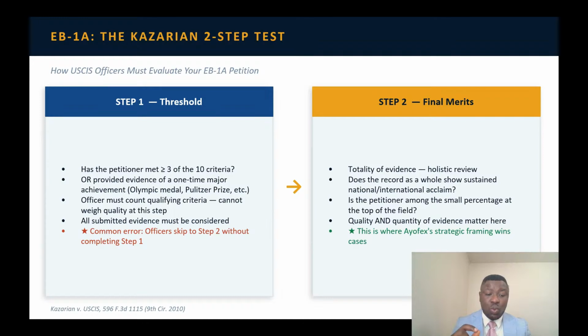That is where we can actually help you, because I've seen people who file by themselves, and they met 5 or 6 criteria, and then at the second step they failed, and that was how their petition was denied. You don't want that to happen to you. You need to understand very well what USCIS is looking out for, and once you understand that, you will be able to put your best foot forward.